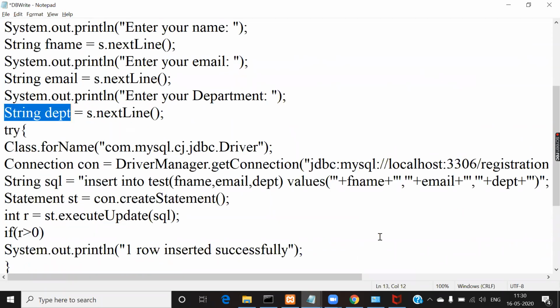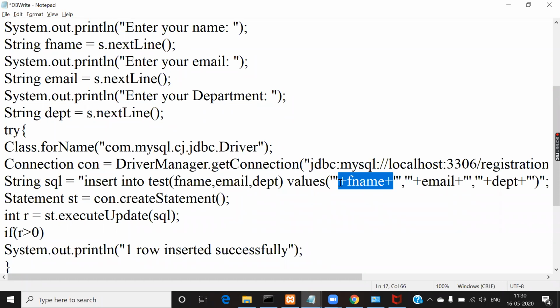You cannot mention a variable name inside the double quote in Java. If you mention that variable name inside the double quote, it will not be considered a variable. It will be considered a normal string and it will display the same thing, right? So to avoid that, after opening the single quote, as per the syntax of the insert command, after values the parenthesis is opened, and for each value you need to enclose it in single quotes, right? So I'm opening the single quote first and then closing the double quote that I opened here. After closing it, you concatenate with the value you want to insert.